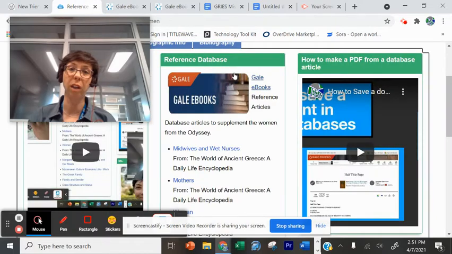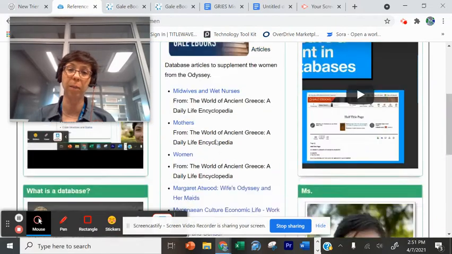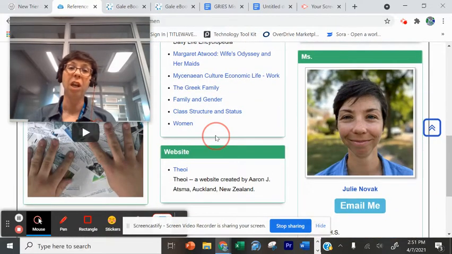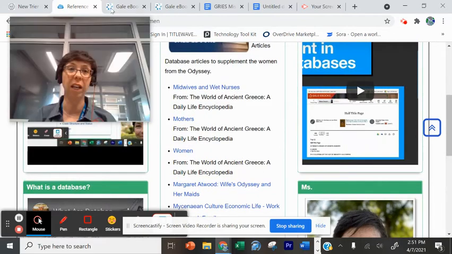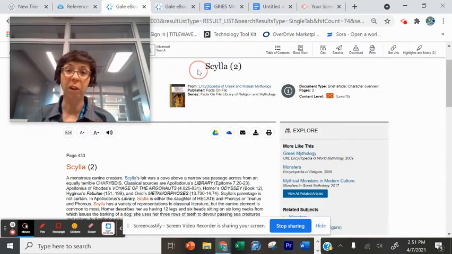If you chose the area here that says reference database in these articles here, that will be a pre-made one. If you choose website, you're going to have to make one from scratch using EasyBib, which will be a separate instructional video. So, looking at one of these articles here, if I click on them, I have an article here,